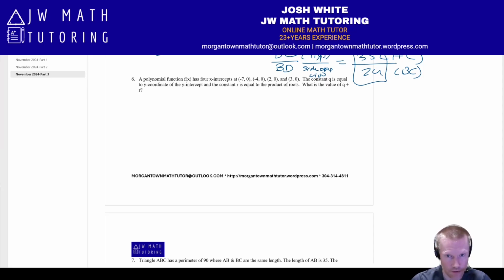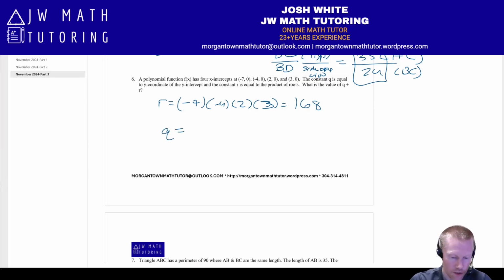Essentially the way that we figure each of these out is, okay, r is straightforward enough. The roots are the same as the x-intercepts you see here. So you're just taking -7, -4, 2, and 3. You're just multiplying them all together and you get positive 168. For q, the only way that I've been able to figure this out or think about this is